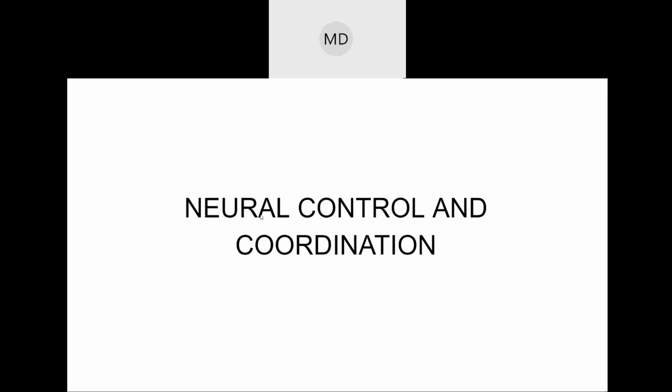In our body, in control and coordination, there are two systems: one is chemical control and one is neural control. Chemical control is already done, all those endocrine glands. I have given the notes also. Now this chapter is about the neural control, that is, about the neurons, brain, spinal cord, all those.